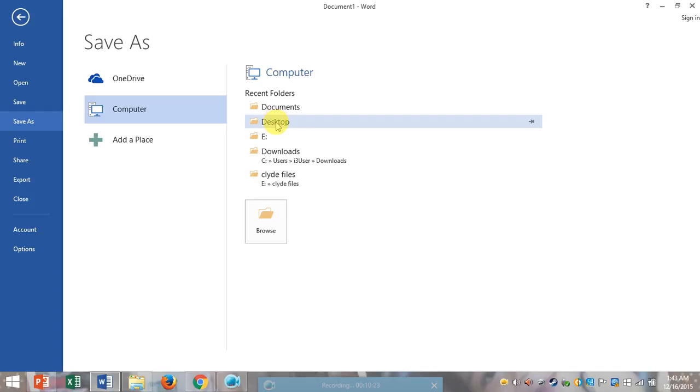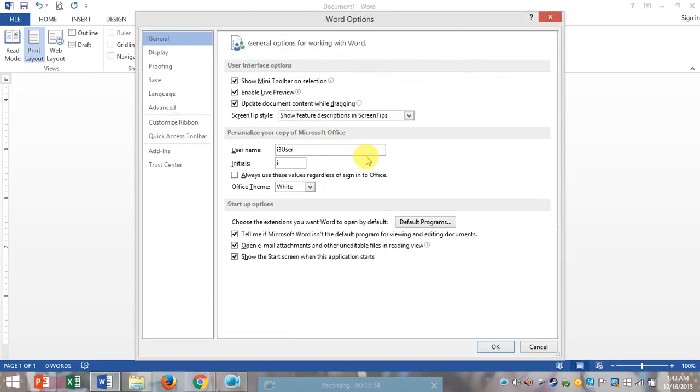As you can see, you can check for the Office theme display: white, light gray, or dark gray. That's it. If you want to know more about this one,